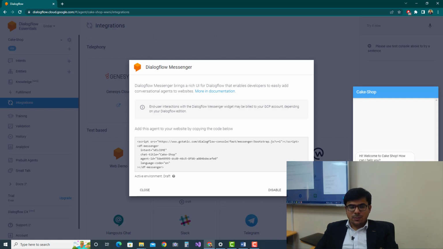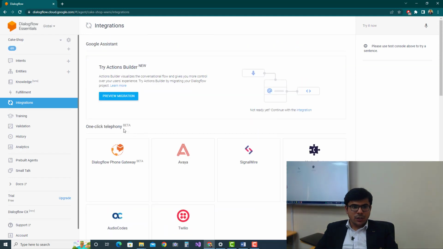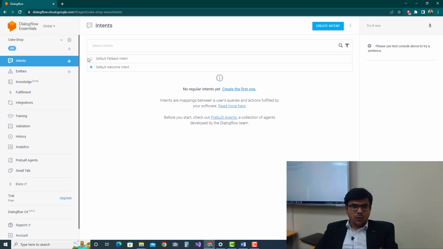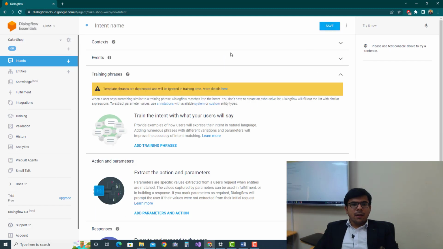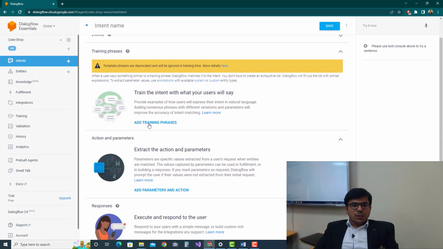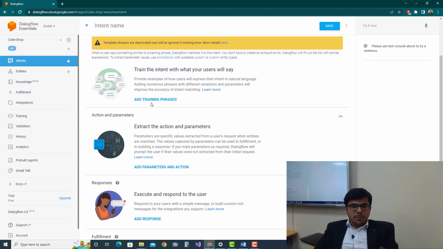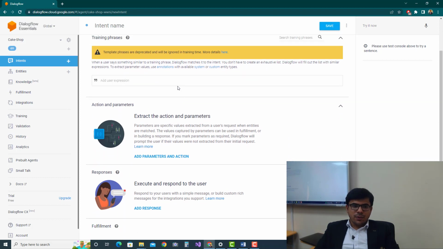So let's move to the next part, which is the menu. Once the customer is on our website, they will definitely want to see our menu. So let's create a new intent for that. Go to the intent, and now we will create our custom intent. Click on create intent. Okay, so now we have to train our chatbot for the menu,